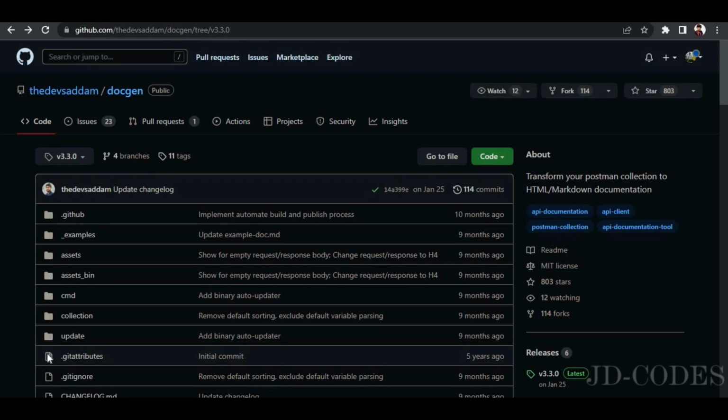Today we will be looking at one of the documentation tools for our Postman collection called Docgen. Of course, there are plenty of other tools available on the internet for the same purpose, like Swagger, and even with Postman we can generate API documentation, but let us examine how this tool works and what